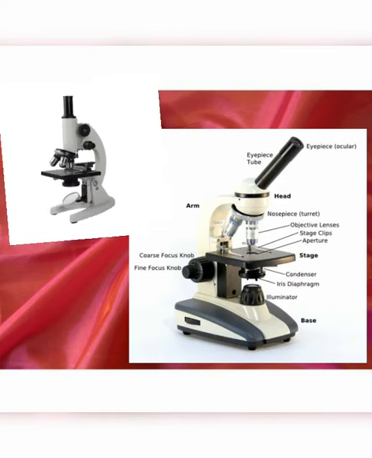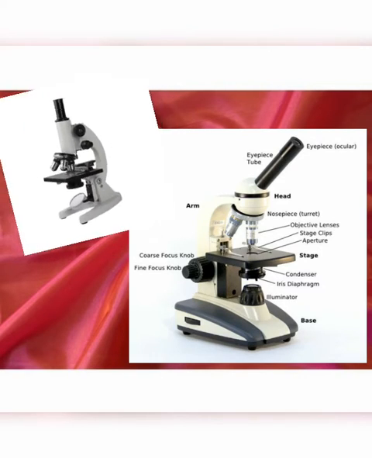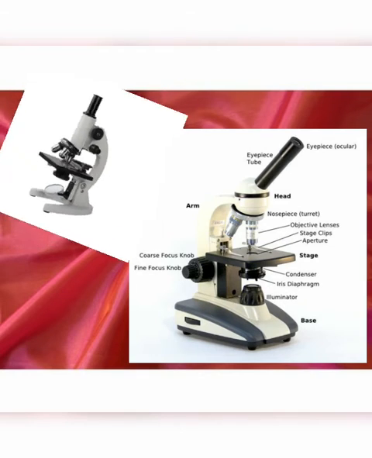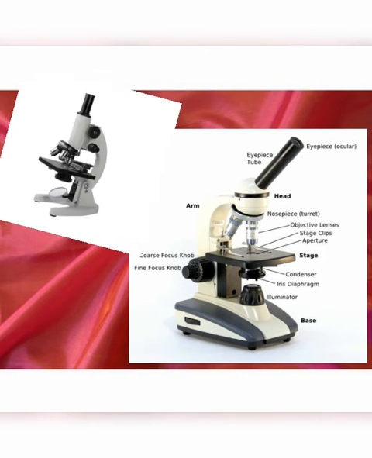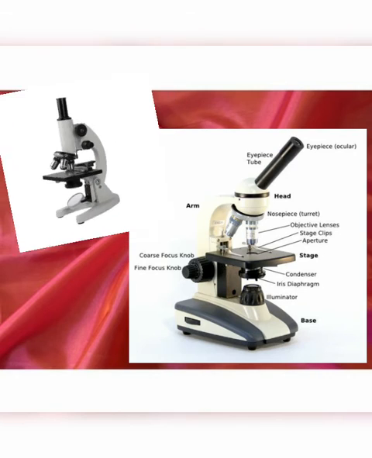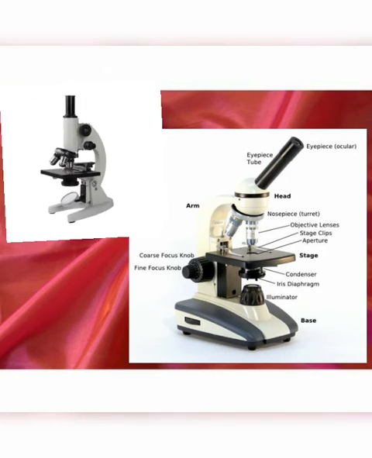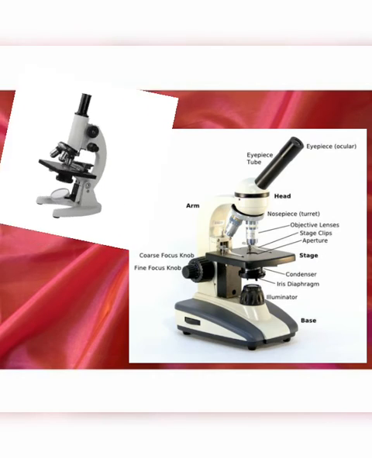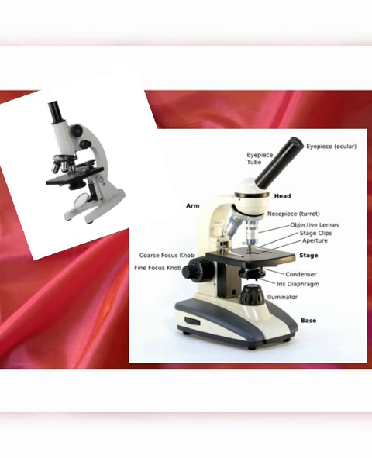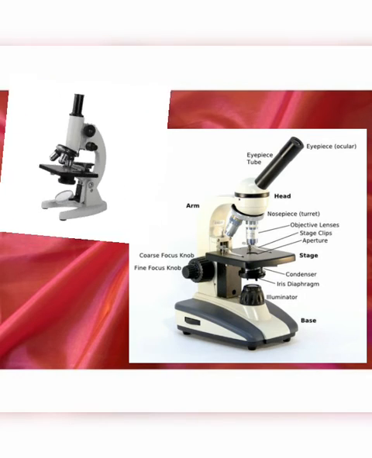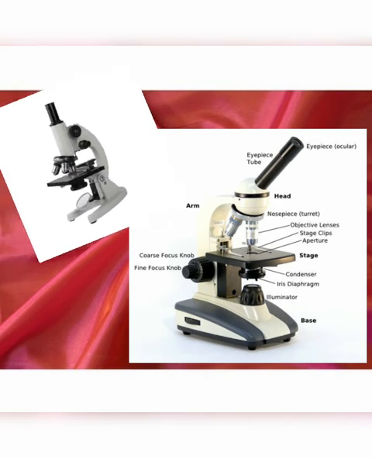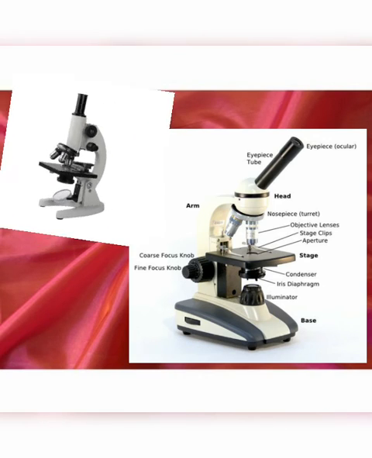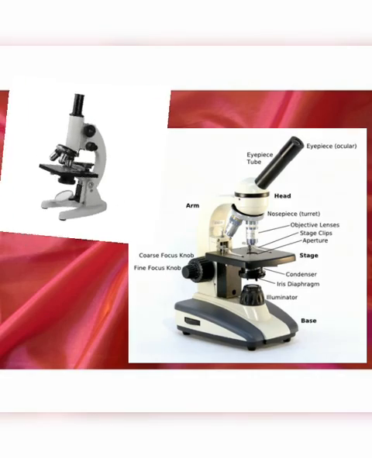Precautions: in connection with the use of the compound microscope, there are several precautions that should be noted. When moved from one place to another, the microscope should always be held in upright position. Never keep the microscope on the edge of the table to prevent its accidental fall on the ground. Never touch the lens of the microscope with hands. To clean the lens in the ocular and objective, use only the lens paper. Do not allow direct sun rays to strike the mirror. Plain mirror is used for natural daylight and concave mirror for the artificial light.